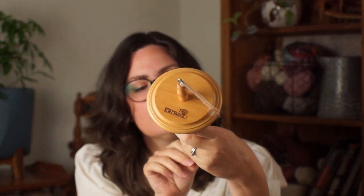They're a bit more machine-like. This is more like a tool in my mind anyway, that you can use with the dexterity of your fingers to create something. And I think it's just so mesmerizing almost to see something spinning like that and drafting the fiber. Anyway, all I have to say, I got this beautiful one. It's a Kromski,